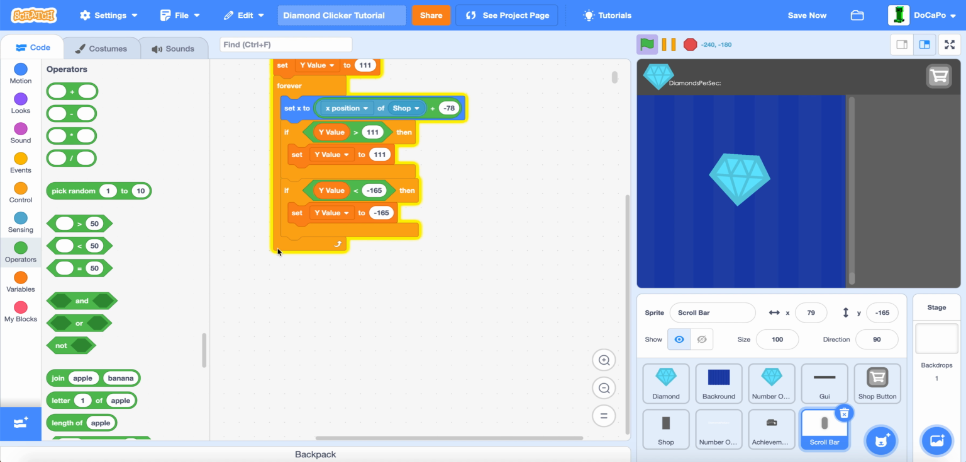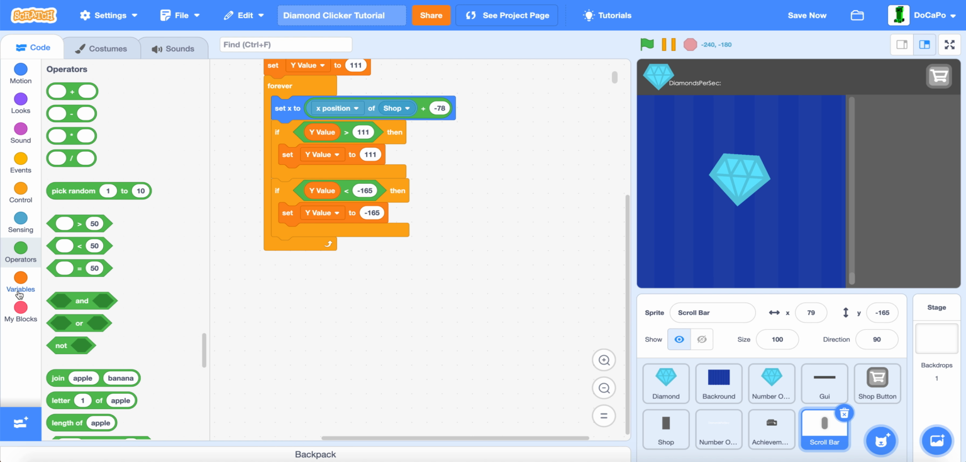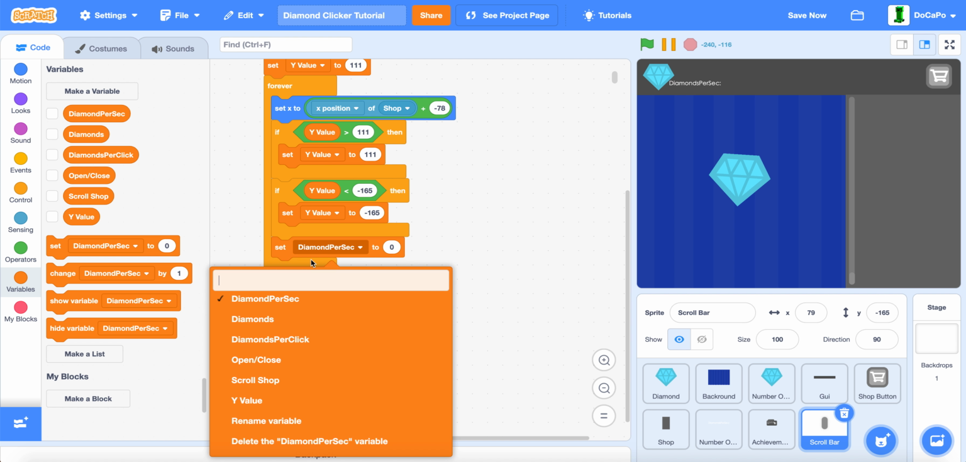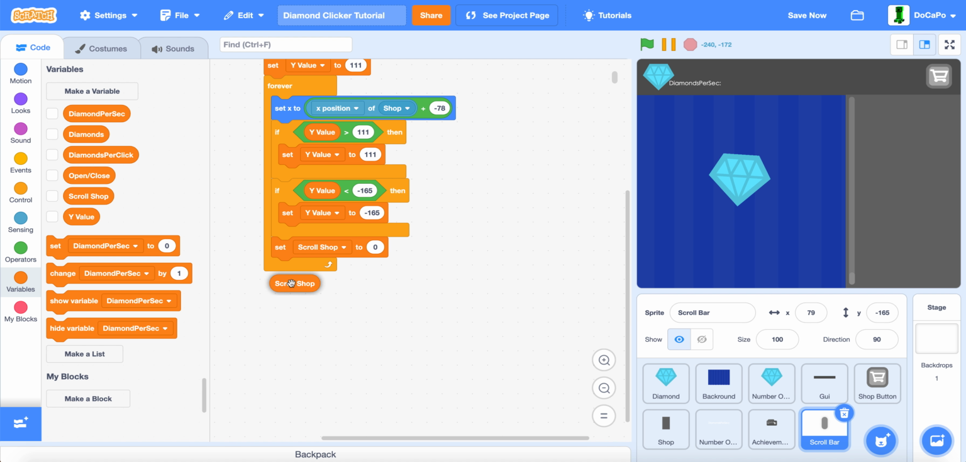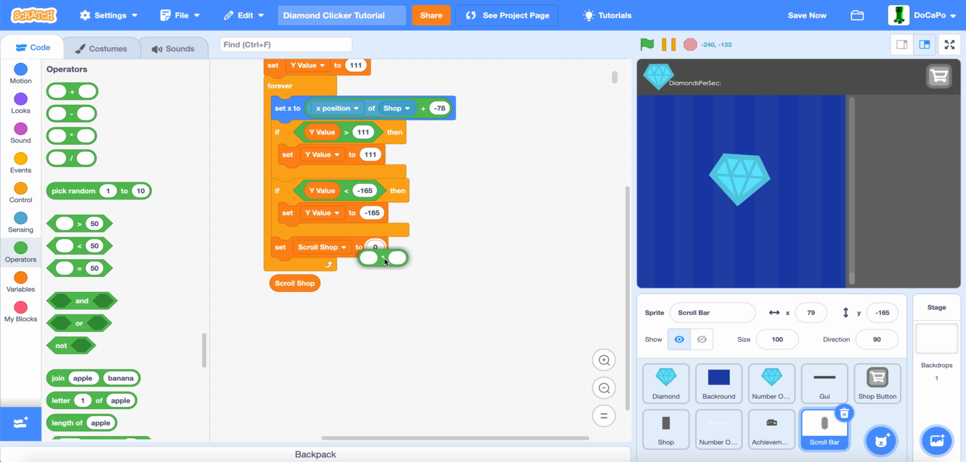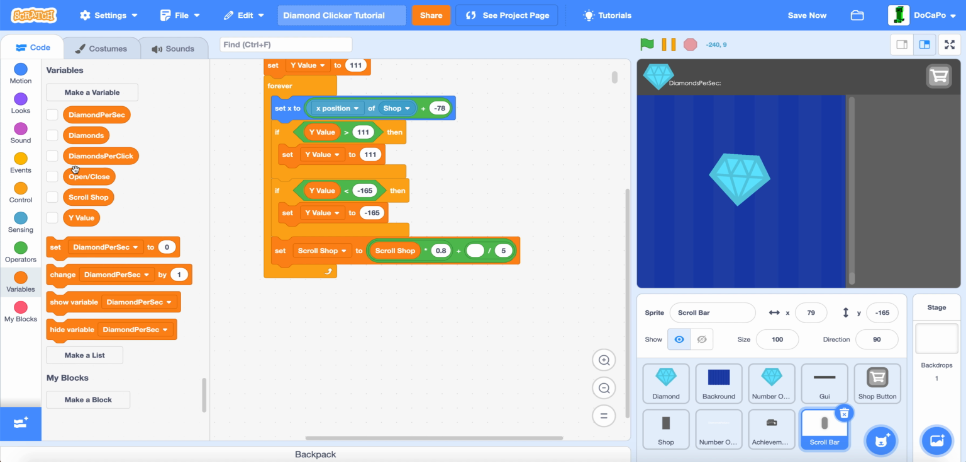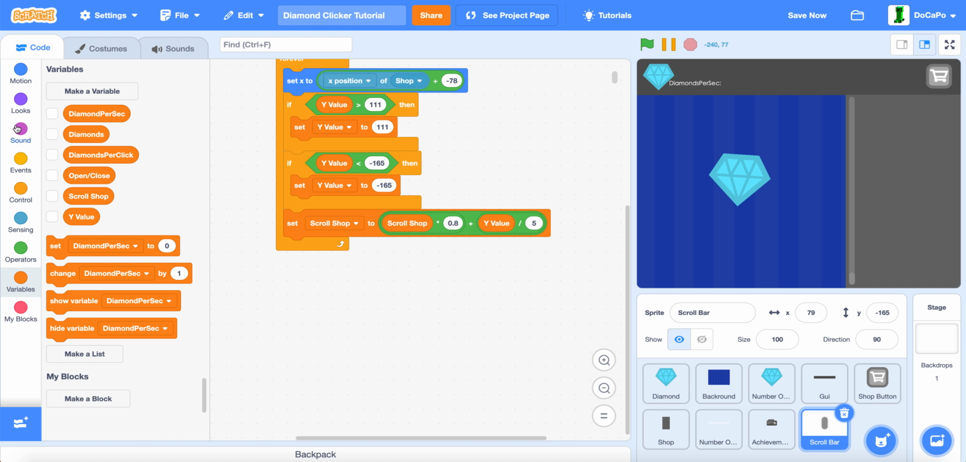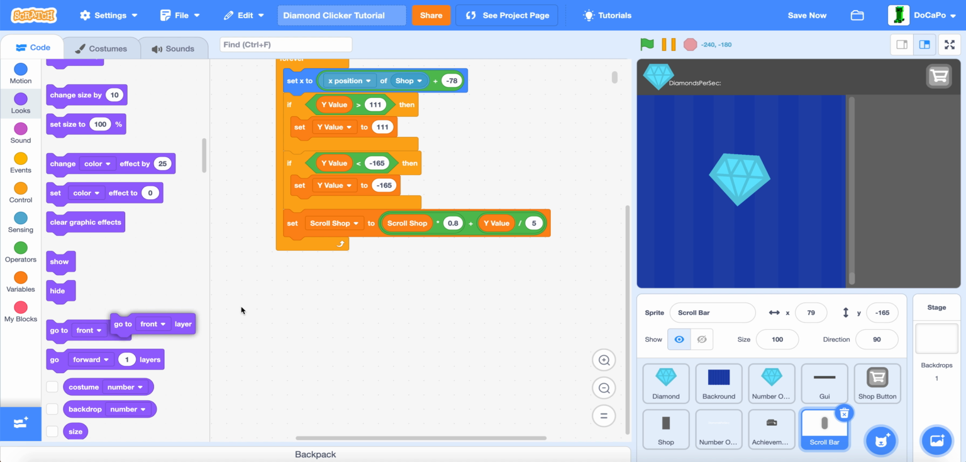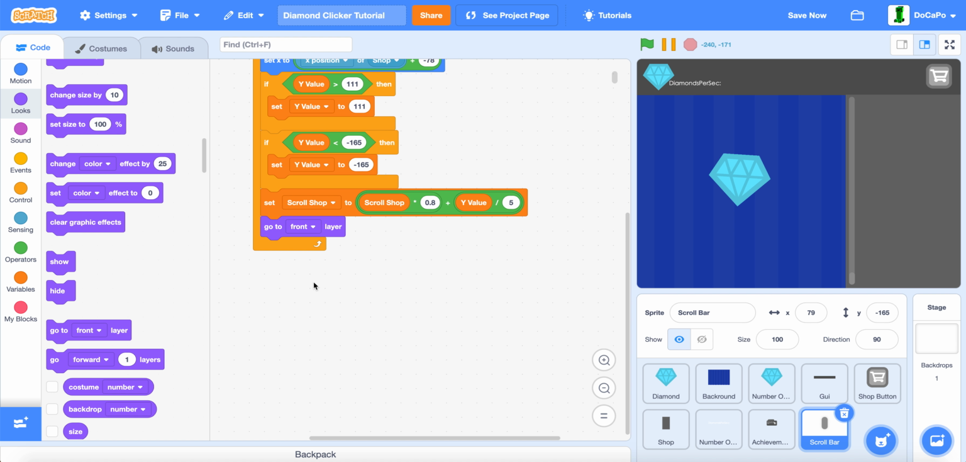Now in here we set scroll shop to scroll shop times 0.8 plus, and then a divide by 5. And then this will be y value. And now in here we go to front, and now